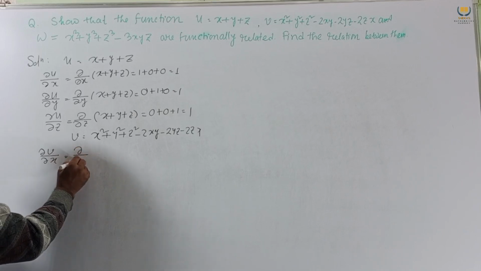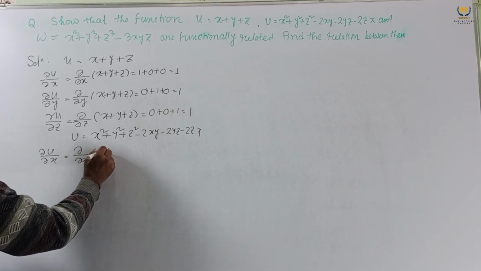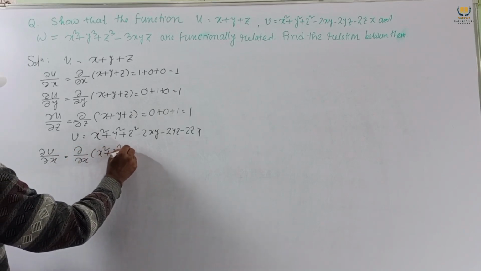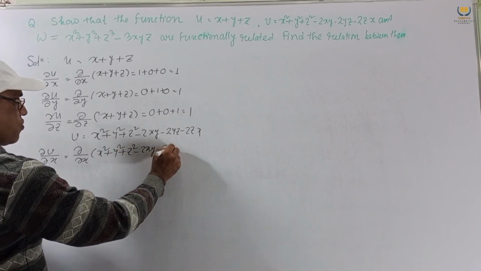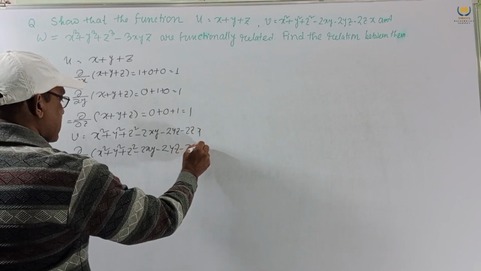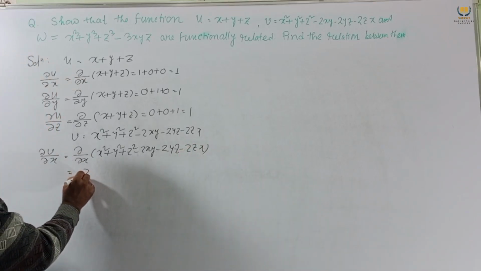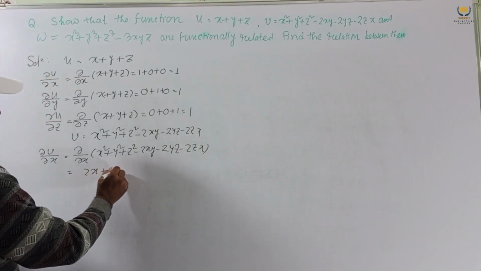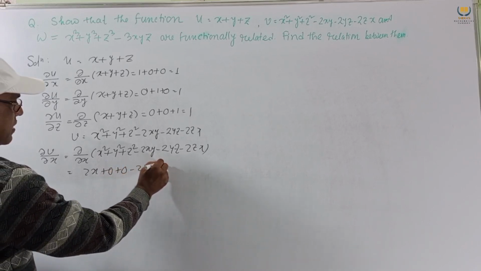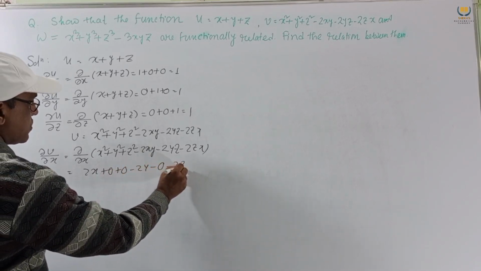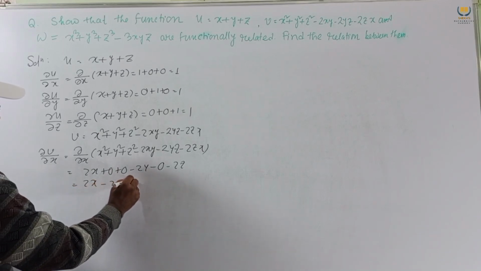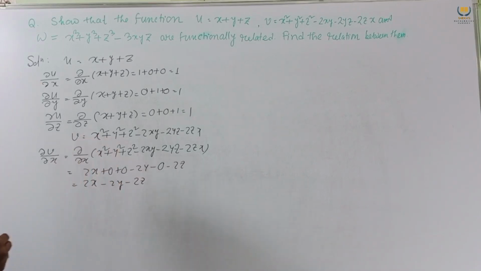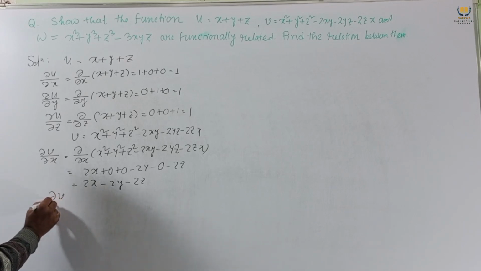This is del x of x square plus y square plus z square minus 2xy minus 2yz minus 2zx, and this will be twice x plus 0 plus 0 minus 2y minus 0 minus 2z. This is 2x minus 2y minus 2z. Now del v del y,